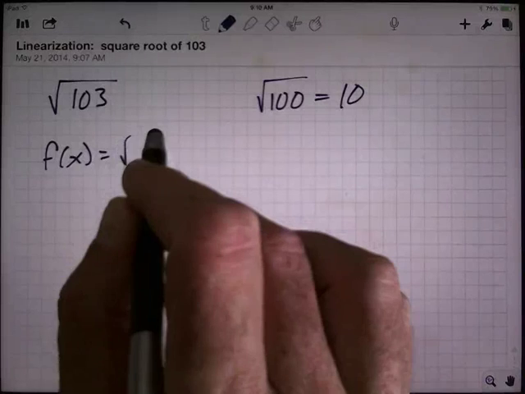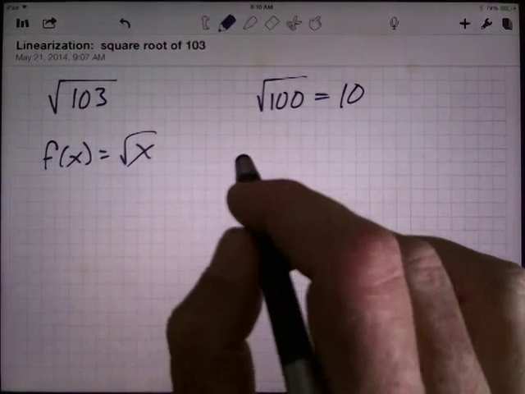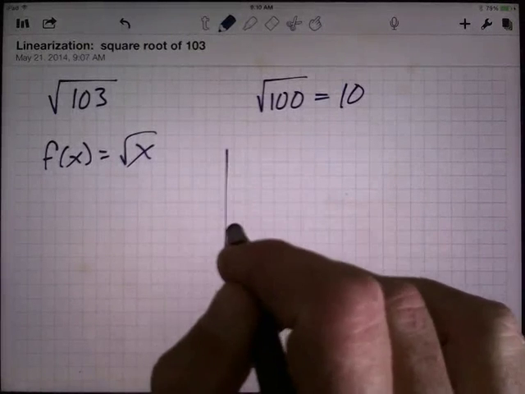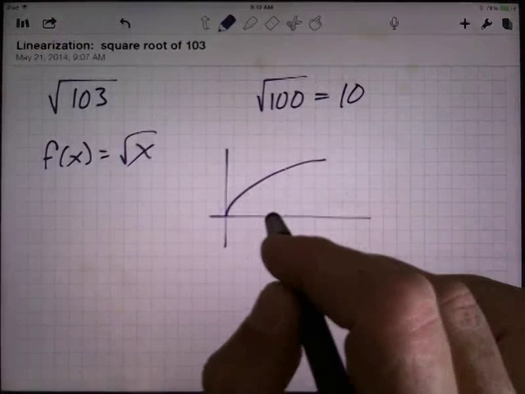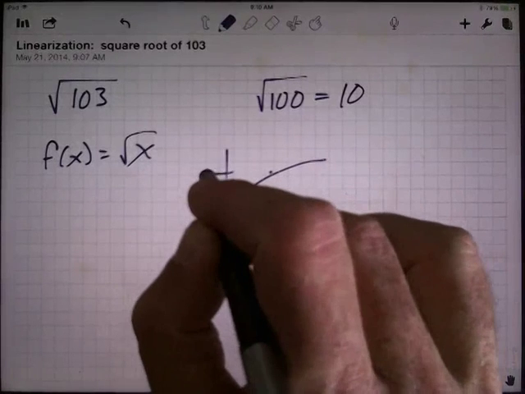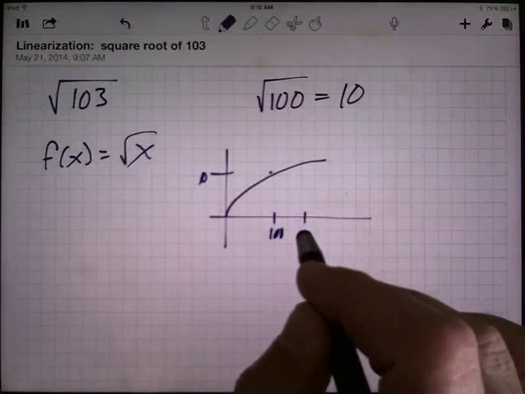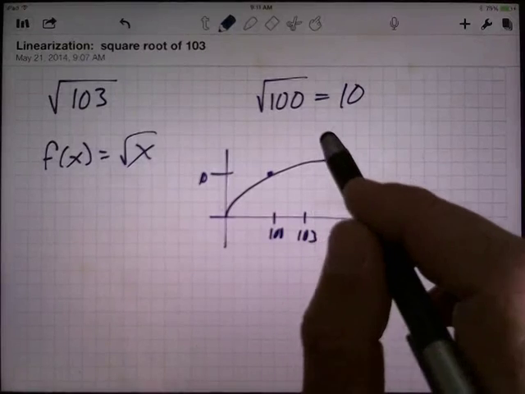We have a function, the square root of x. We really want to know what the square root of 103 is, but we'll settle for 100 plus a little bit of fudge factor. I know that at 100, the square root is 10. What I want to know is at 103, what's the square root? Well, that's harder to calculate, but